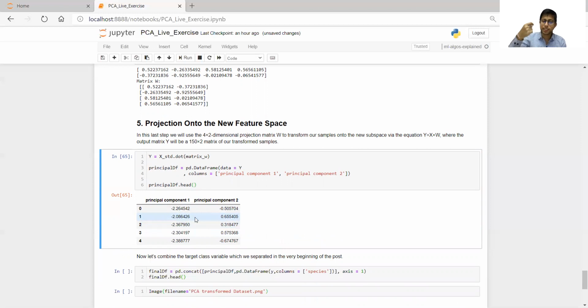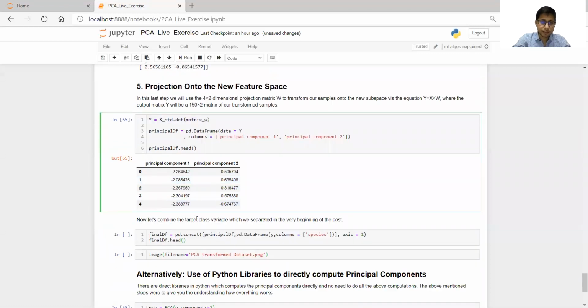Our data is transformed into this new subspace with respect to two new principal components. So we took the dot product to transform our original feature subspace, this X underscore std, with the new matrix W. This matrix W contains our eigenvectors, the eigenvectors which we finalized with respect to the 95% variance. So now we got ultimately this.